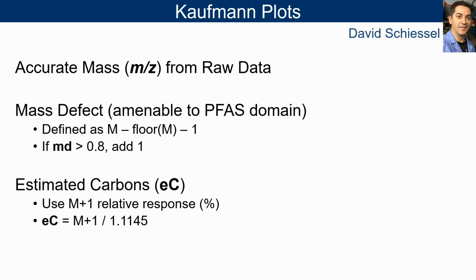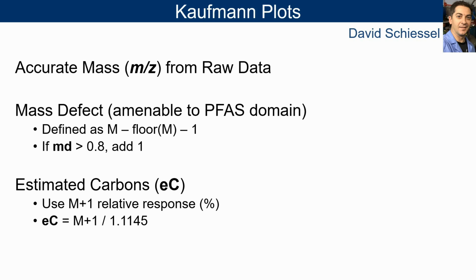We do have a slightly more sophisticated algorithm we use in FluoroMatch. All this work on Kaufmann, especially formula prediction, has been done by David Schiesel. And this is the algorithm we use just to take into account when you get to 0.5, whether it goes up or down could be based on an error and could cause weird issues. But anyway,